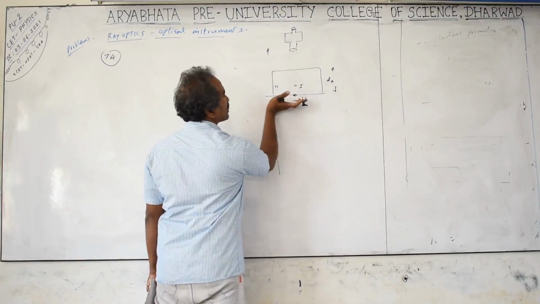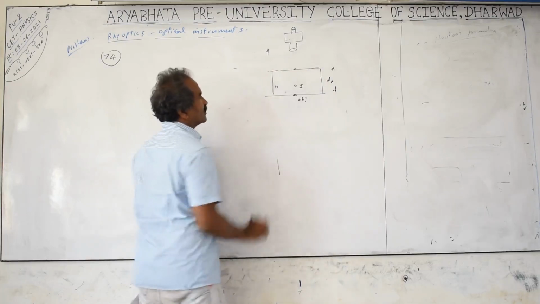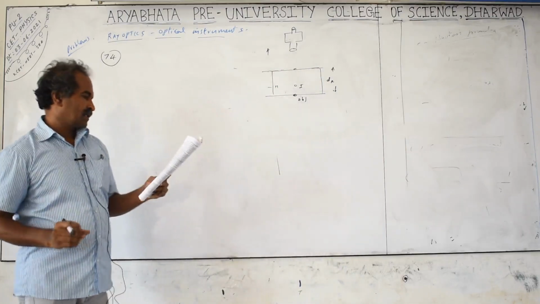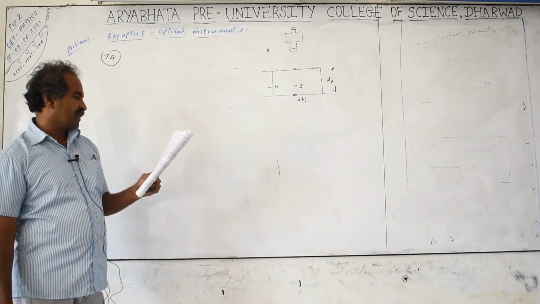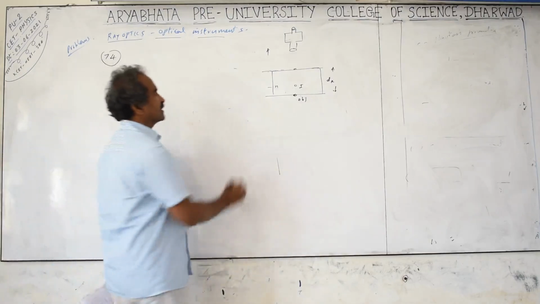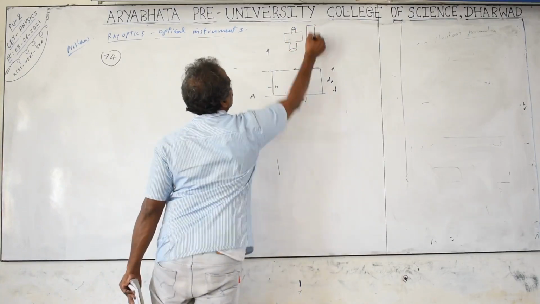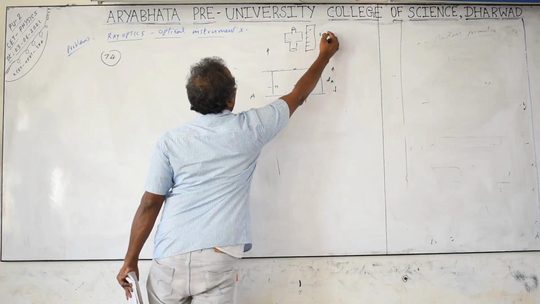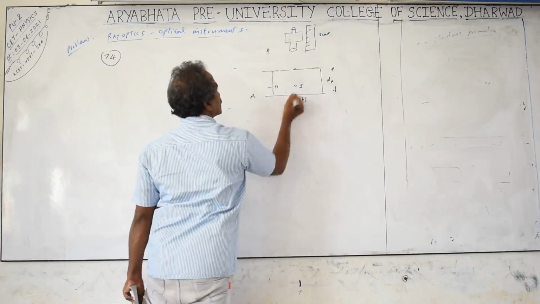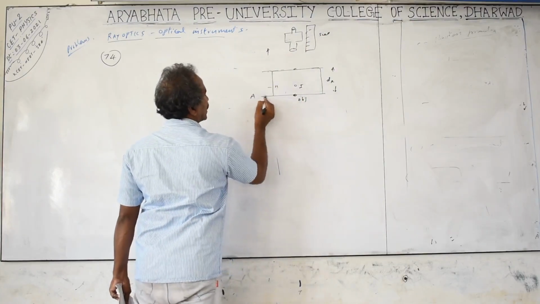Next, what is done is the paper is kept on the surface of it. The readings are noted. A traveling microscope is focused on a mark on a piece of paper and the scale reading is A. Here the reading is A. The reading is taken on the scale. The scale is fixed to this microscope. This is the scale. If the microscope is moved upwards, the reading changes here. So first it is focused on this object without any glass slab. Then the reading is noted as A.